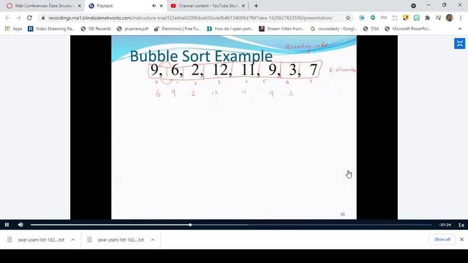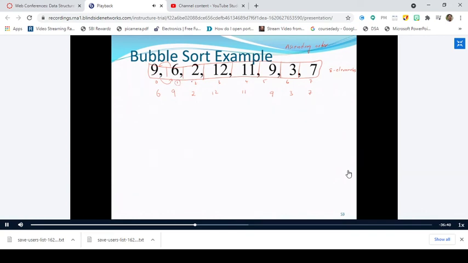Now tell me what are the 2 elements we have to compare now? 0 and 2? Not 0 and 2. 0 and 2 are not adjacent. Adjacent means they should lie side by side. So you have to compare 1 and 2. You should not compare 0 and 2, because you always have to compare with the adjacent element. The adjacent element of index 0 is index 1 only. So after you make the necessary modifications with the 0th and first element, the next thing is to compare the element at index 1 and index 2.